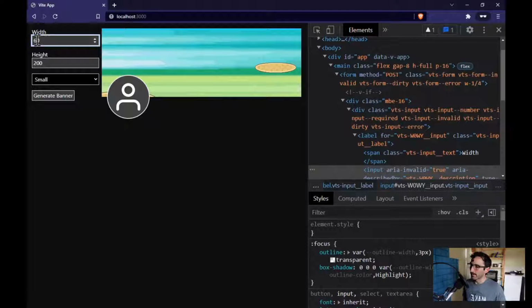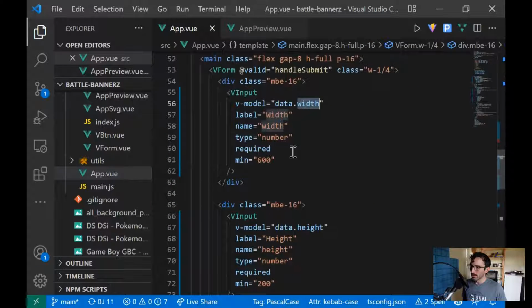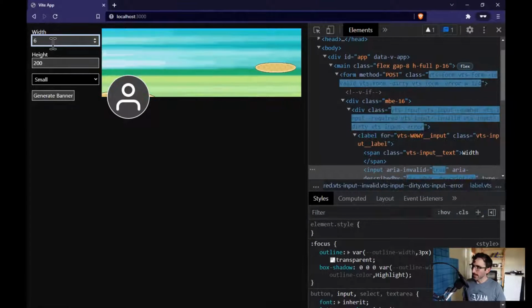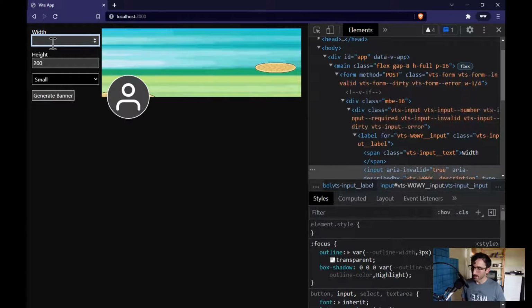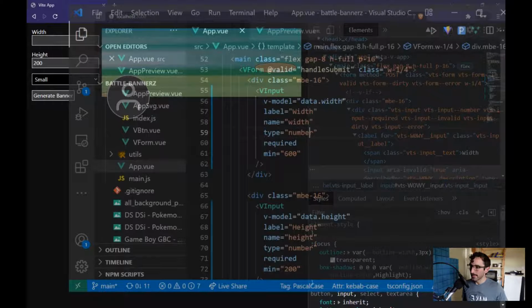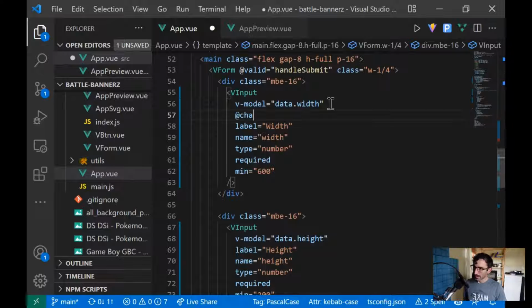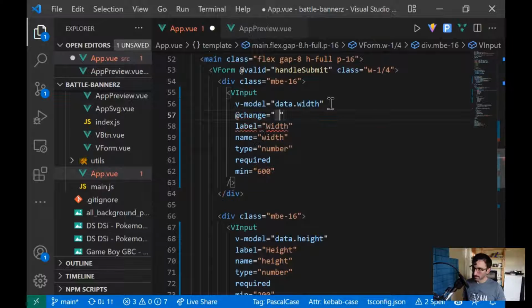So I have to decide what is going to be more useful, because really I could map this to say, hey, anytime this changes, let's actually set this to a certain minimum, which I think is what I'm going to want to do. Yeah. So on input, anytime the user types something, I'm going to let them type whatever they want. I don't want to interrupt their typing on input. But when they are finished typing, so at change, equal,